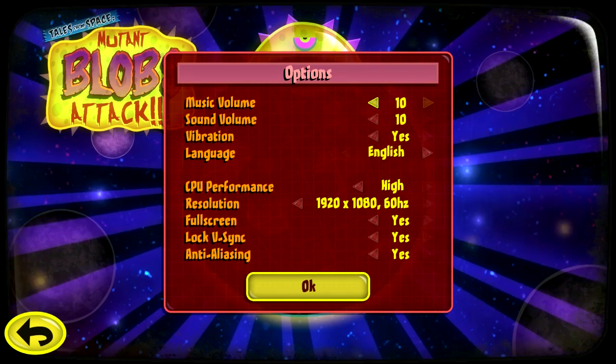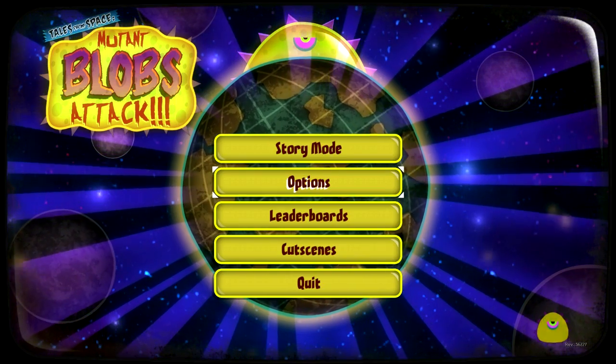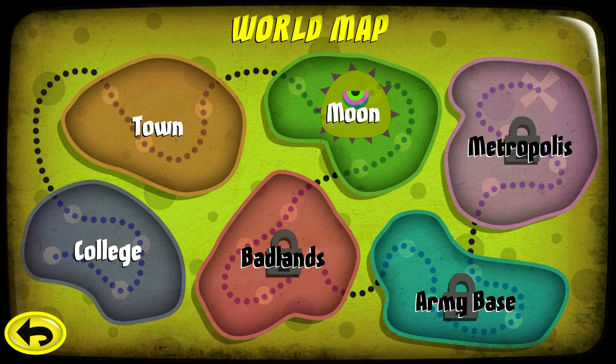Perhaps I can show you this in options. Doesn't look like it. I'll show you in keyboard controls when we get into the game. So we're going to go to story mode. The basic story of the game is that we play as this blob that was kept in this college laboratory. And we start out at like 1.5 centimeters tall, slightly less than an inch